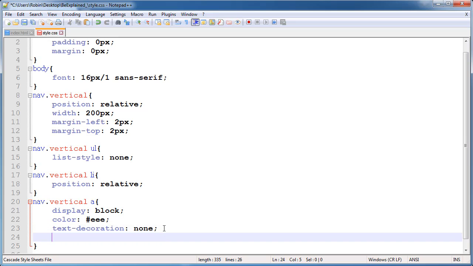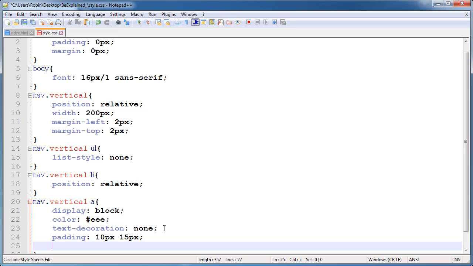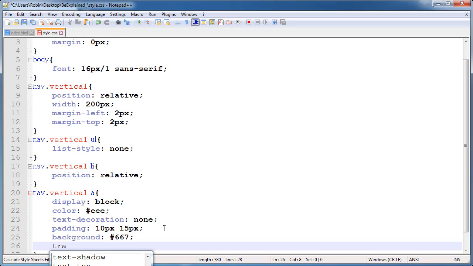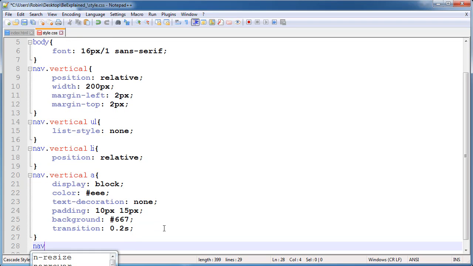And I think we give some more properties to the anchor tag, and also give the padding 10 pixels from top and bottom, and from left to right 15 pixels. And also give some background #667. This is the dark gray color, and also apply some transition. So transition is basically animation.